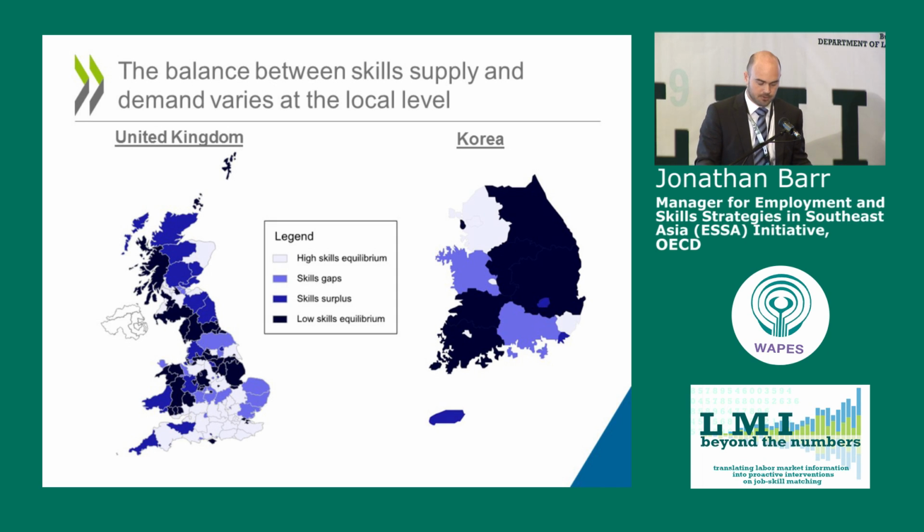The other map here we see of Korea, and we can see that very much the Seoul region is in a high skill equilibrium, whereas other regions around Korea are in a skills mismatch category. And we know, for those of us that know South Korea, Seoul is a major metropolitan city and a major economic hub for the country. So the point, again, I want to make here is that when we're thinking about labor market information, it's important for public employment services to know what the employment situation is in their local area, and then they can design tailored responses to meet local needs.